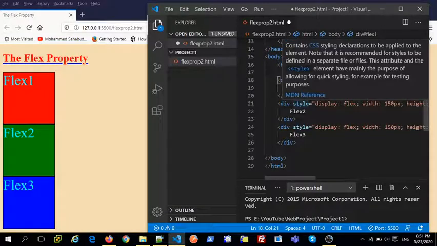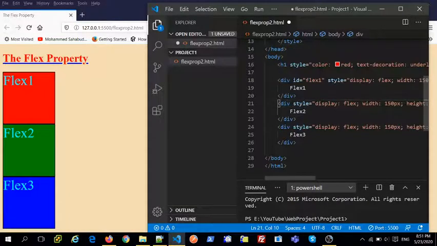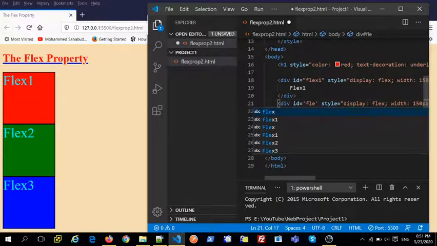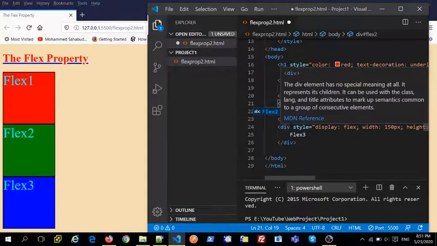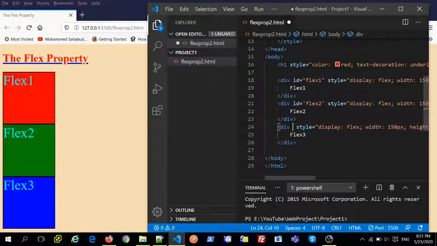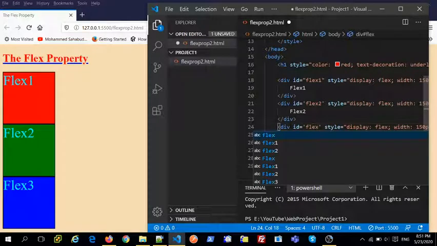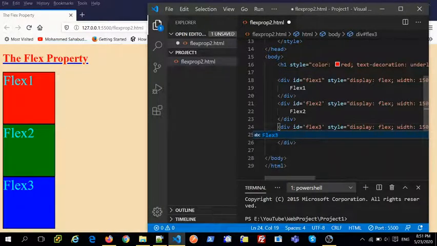Similarly over here, id equal to, I'm putting over here flex 2. Similarly over here, id equal to flex 3. And now